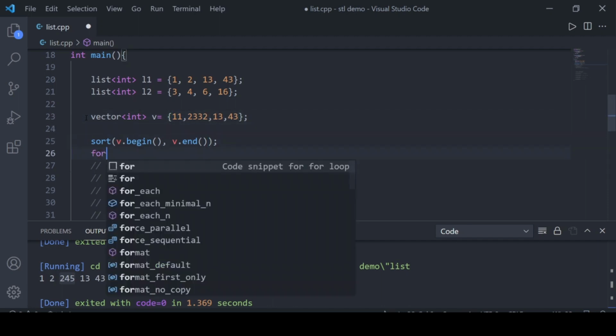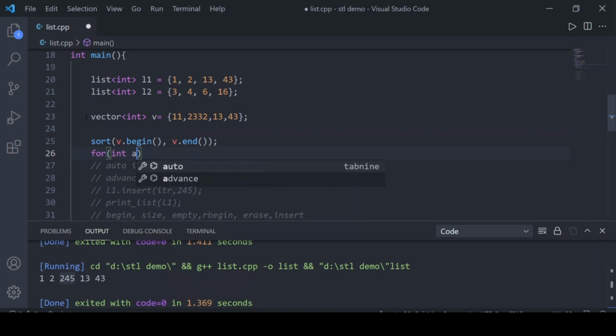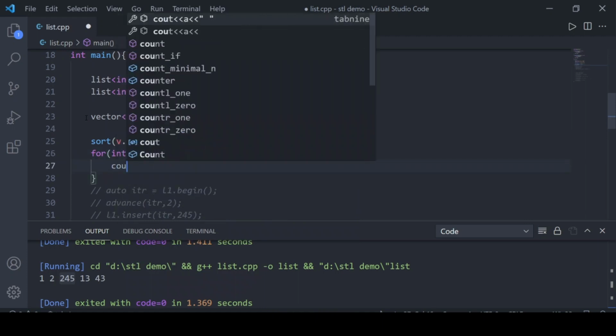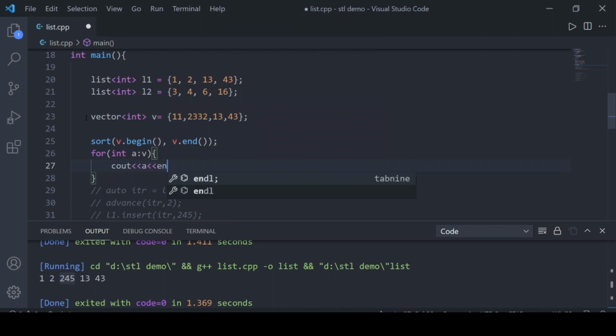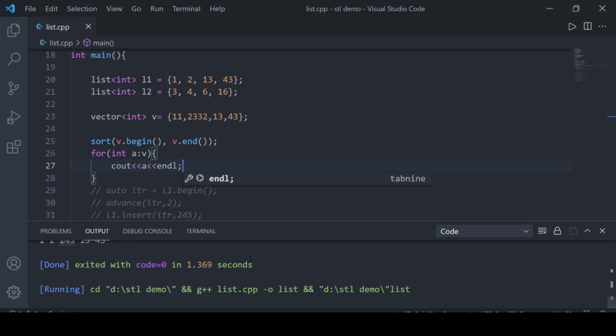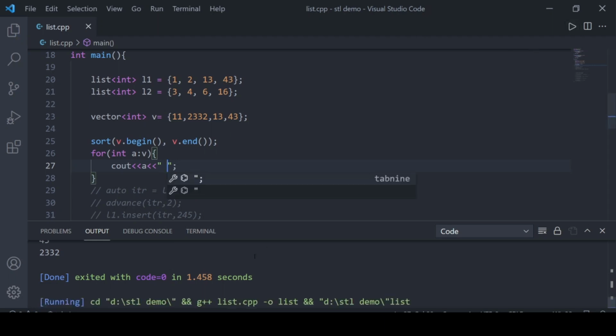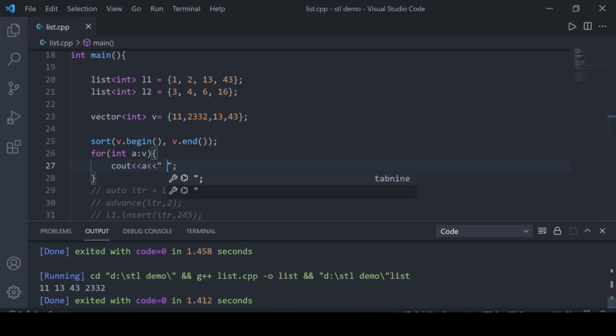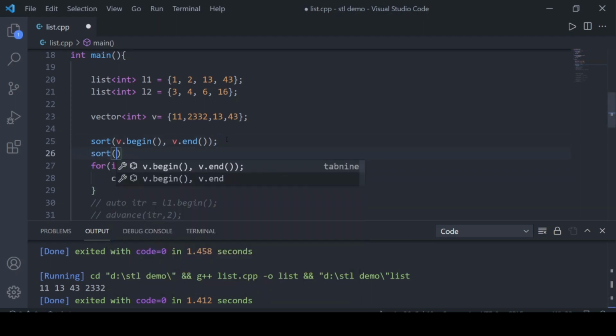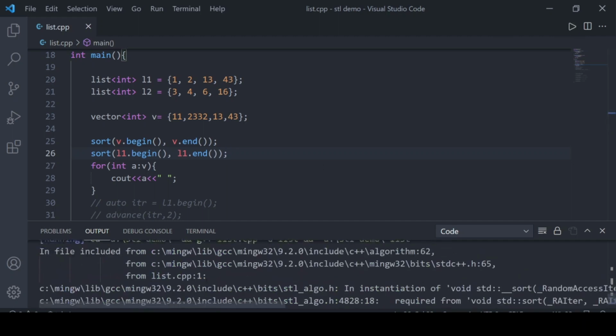Printing that, I have just written a, but you should choose proper names. Instead of underline, let's print out a space. Okay, so it has sorted it for us. But it will not work if I do sort L1 dot begin and L1 dot end. We are not printing that because we know that it will give an error at this point.